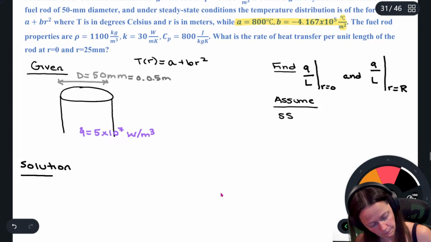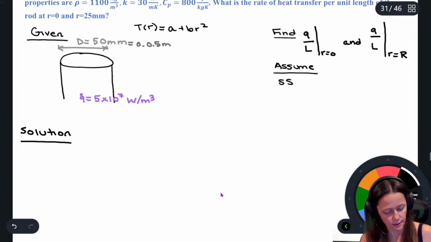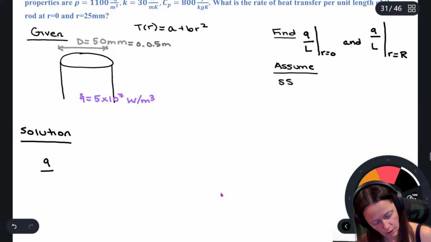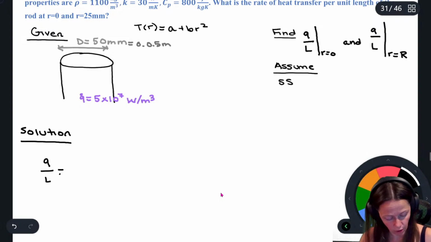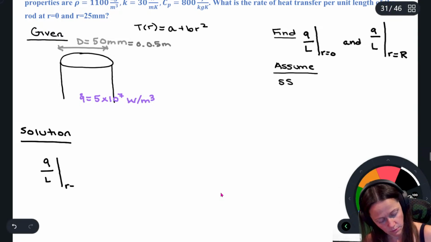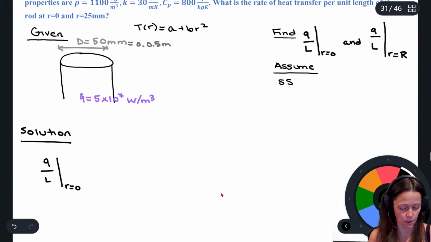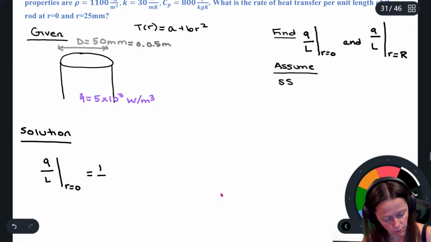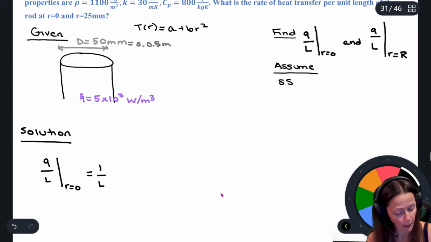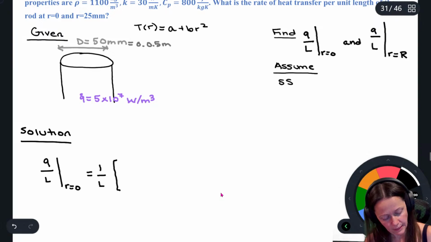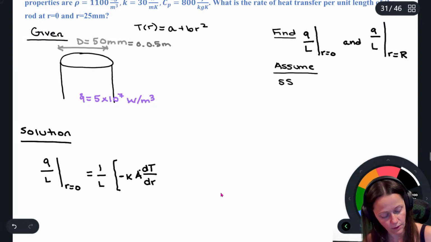All right. So I know that Q over L, regardless of whether I'm looking at R equals 0 or R equals that outer perimeter, I'm going to need to apply Fourier's law. So this is negative K times the area times dT dr at R equals 0. However,